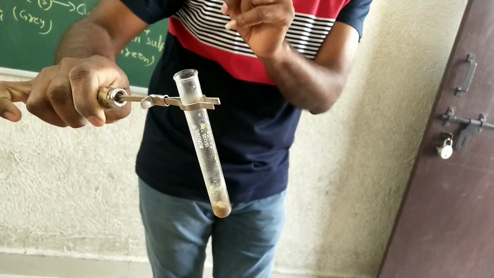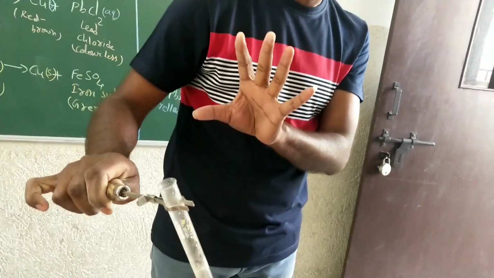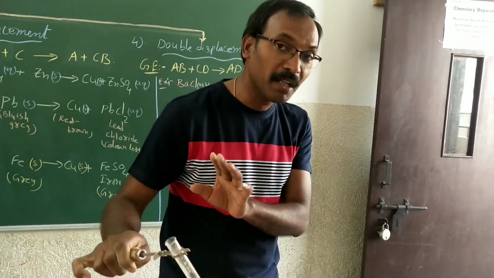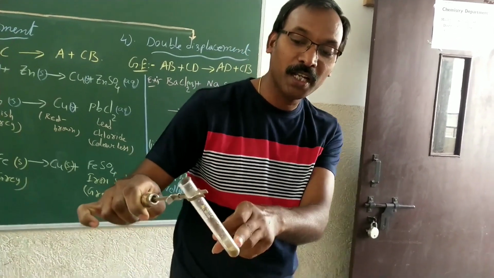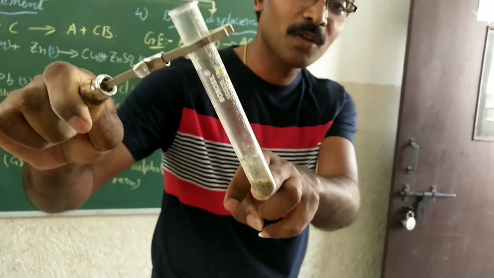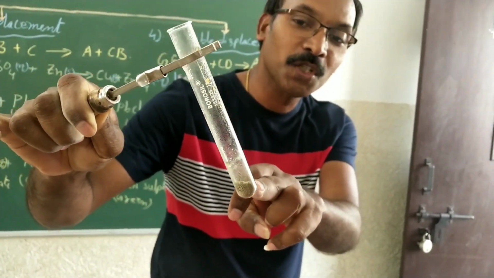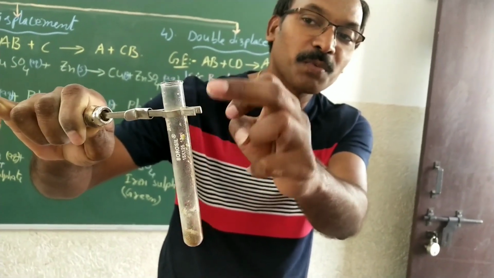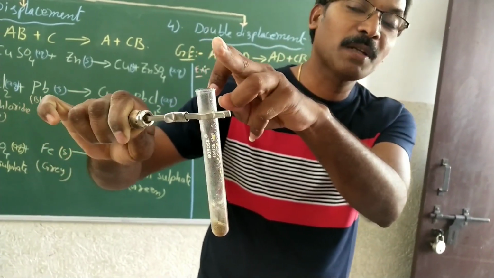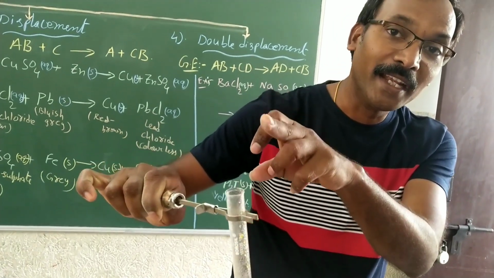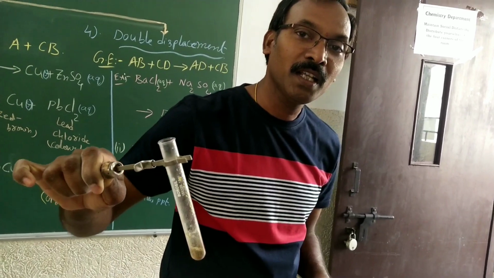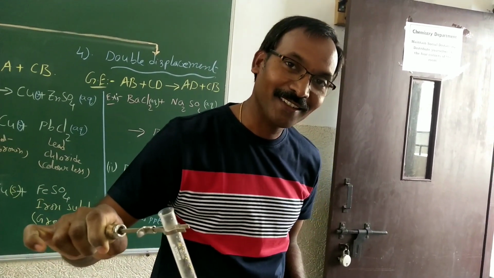And sulfur dioxide and sulfur trioxide both are very dangerous and poisonous gases. We should not inhale a lot. We have to be very, very cautious. Okay children, see, it is changing to the brownish color now completely. The light greenish color changed to brownish color, and water droplets stick to the inside walls of the test tubes, and the fumes are releasing, which are nothing but sulfur dioxide and sulfur trioxide. This is one of the examples for thermal decomposition.